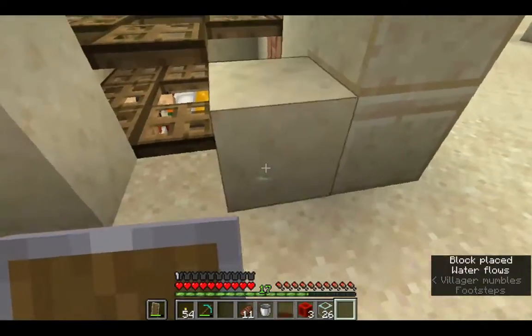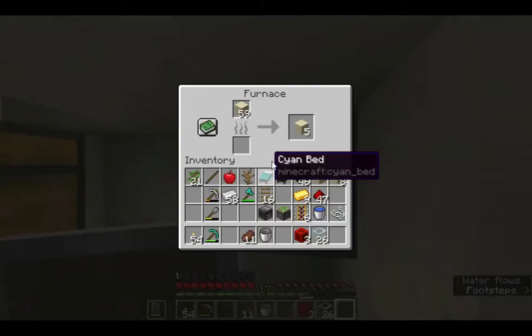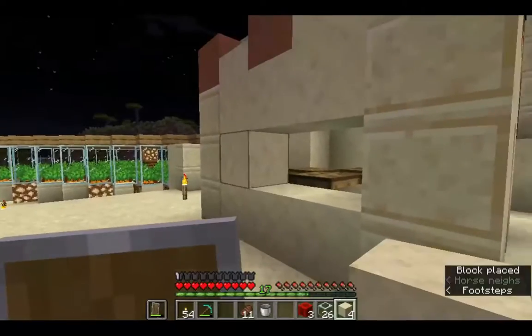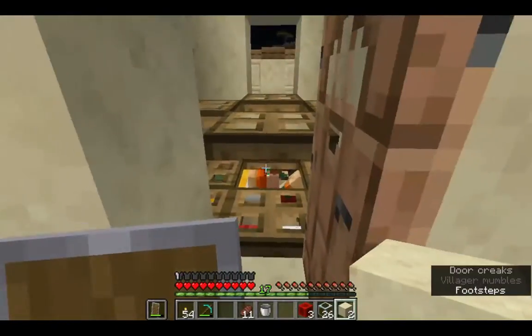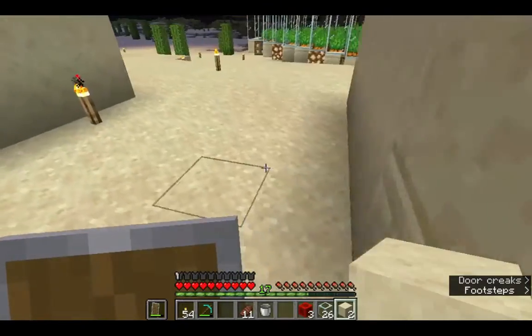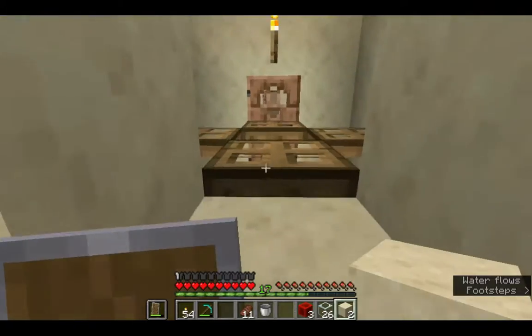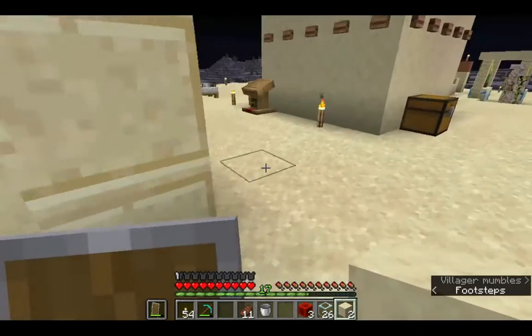Let's see if I've got any more smooth sandstone. I got some cooking though. Let me grab some. There we go. Replace that wall. And now we've got our breeder ready to go. And be able to just walk over here, toss some carrots from our carrot farm, and they'll make us